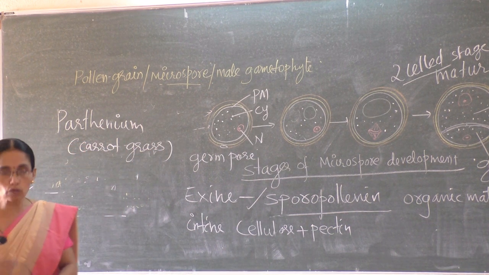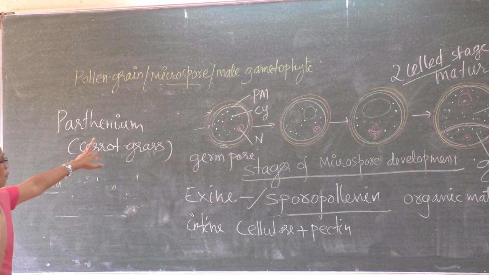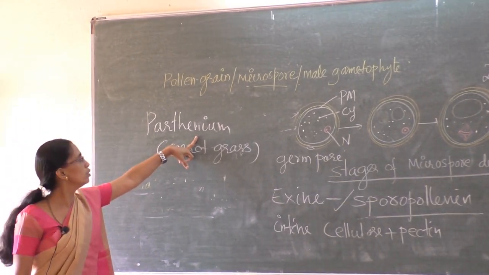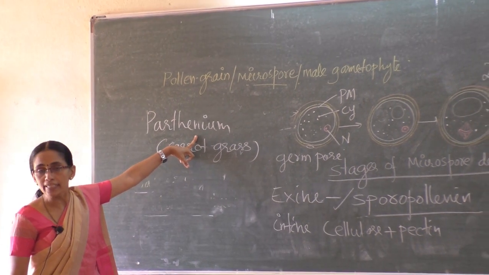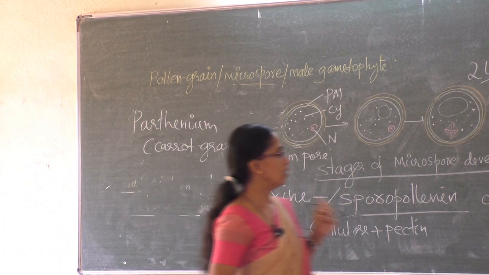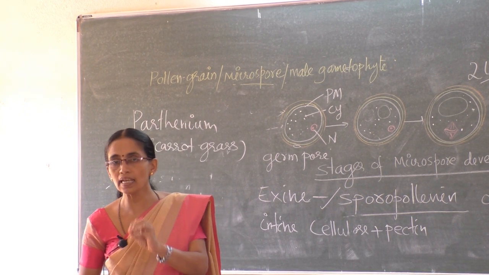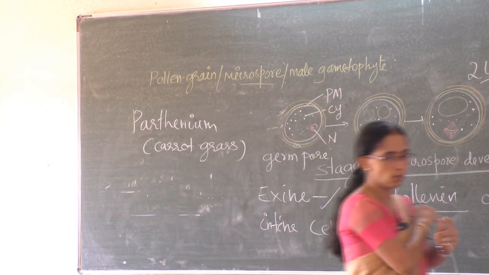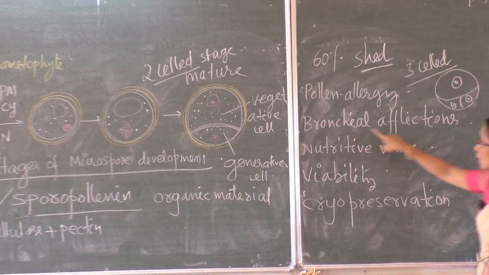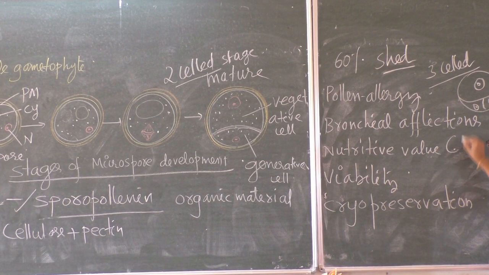So pollen of few species of plants causes allergy, known as pollen allergy. One example is Parthenium. It came to our country through imported wheat as a contaminant. Pollen of few plants causes bronchial afflictions when inhaled. Afflictions refers to pain, pain in the lung, which leads to chronic